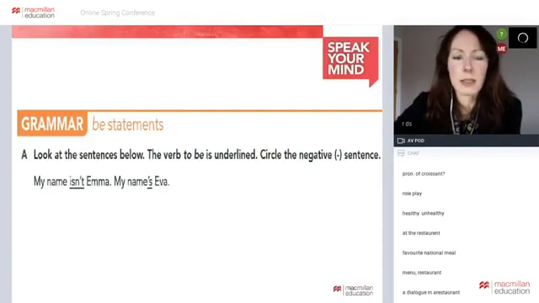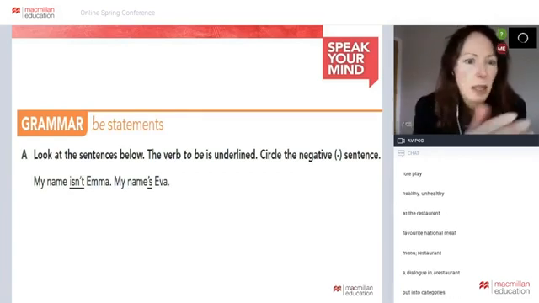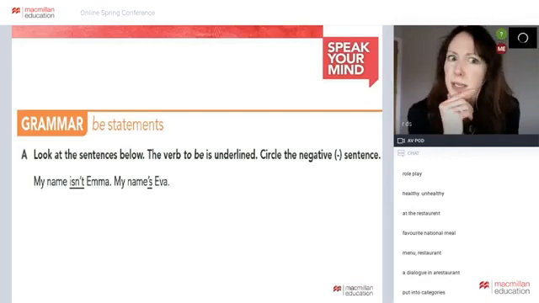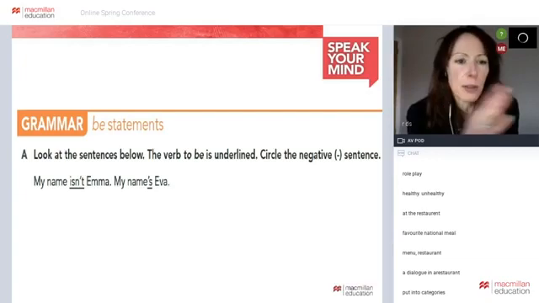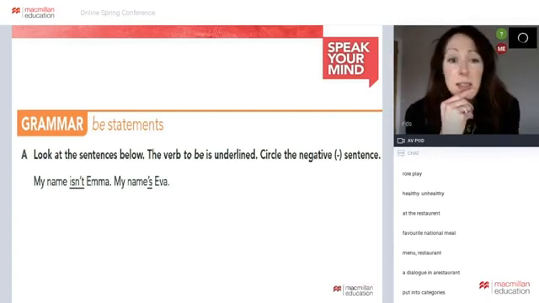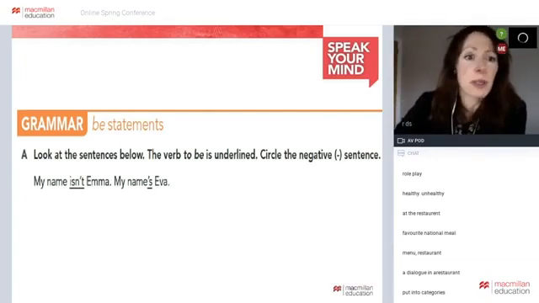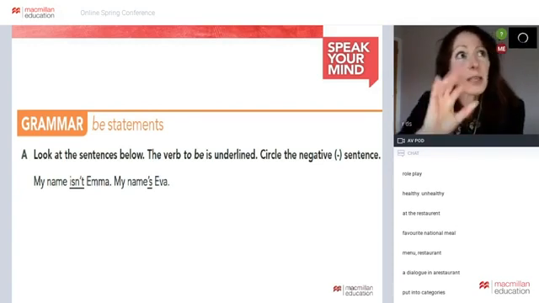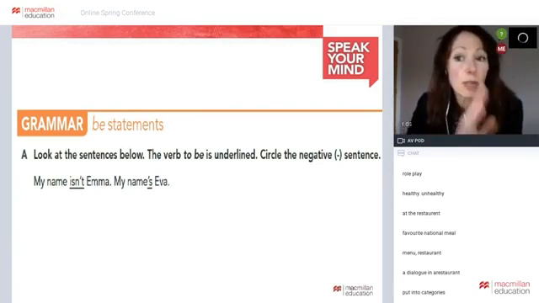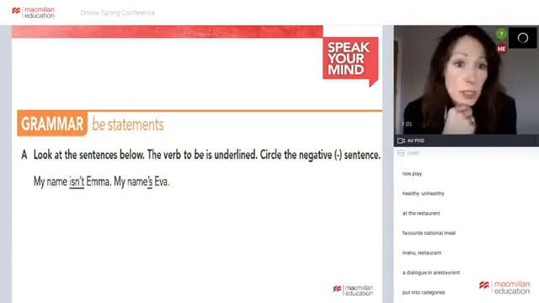Our next place to visit for the language systems. So this is from Speak Your Mind again. And it's a super simple activity, or is it? Let's see. So activity A, look at the sentences below. The verb to be is underlined. Circle the negative sentence. So I've included this one, and if we remember back to achievability, this is totally